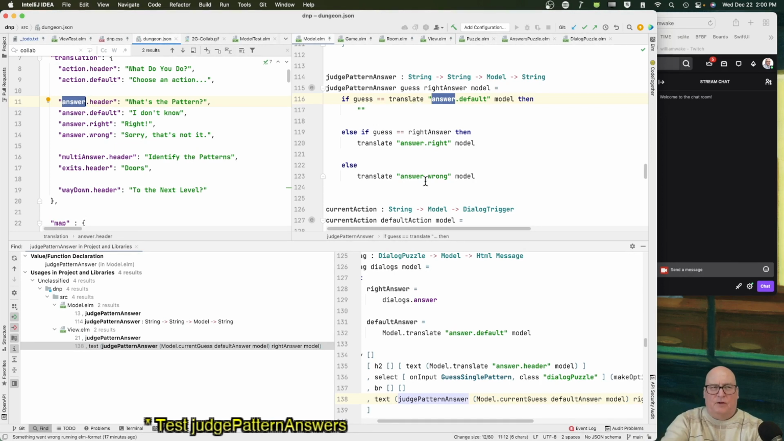Now, the dialog puzzle is not aware of the default answer. So that's a little funny right there, maybe. Maybe it should be. But who should give you back this string, right? The string to me is a UI thing. And maybe